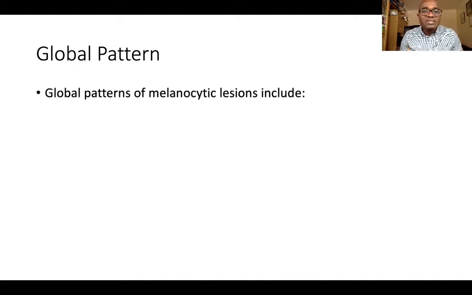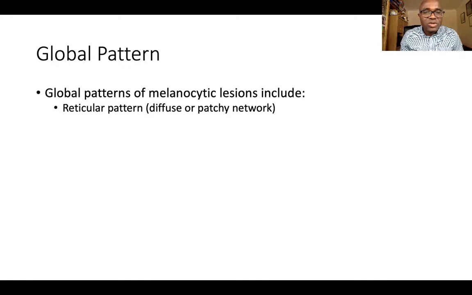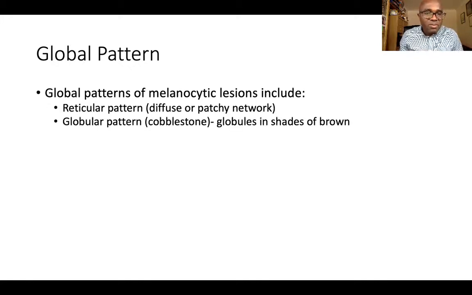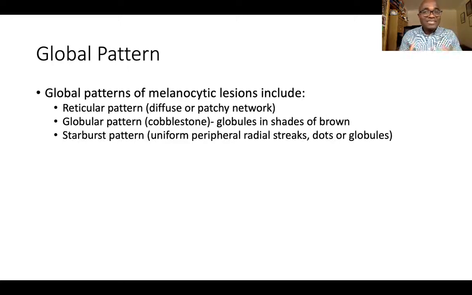So the global patterns of melanocytic lesions include the reticular pattern or diffuse patchy network, or the globular pattern, which is also known as a cobblestone appearance, or globules of shades of brown. Always remember, we are only talking about melanocytic lesions. You have established that what you're looking at is a melanocytic lesion. Now you're going to establish whether it is a melanoma or another type of melanocytic lesion, such as the